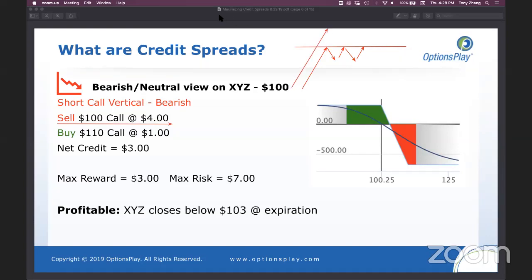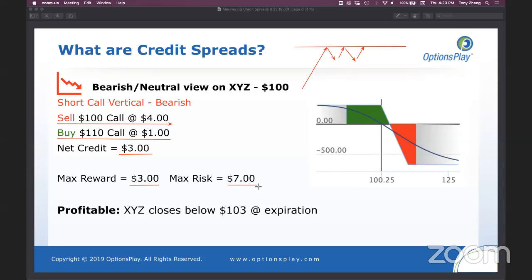However, when you sell a naked call, that's when you truly have unlimited risk, because as the stock goes higher and higher, you're going to keep losing more and more money. So you don't want that to happen. One of the ways you can prevent having unlimited losses is to buy a 110 call against that, a higher call. Let's say you pay $1 for it. Now you reduce your income from $4 down to $3, but instead of having unlimited risk to the upside, you're collecting $3 in income if the stock stays below 100, and you cap your risk